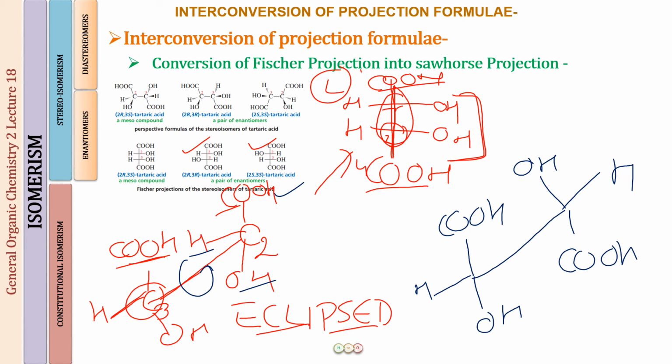Okay, so this is now what projection? Well, this is going to be the staggered projection. When we look at the molecule from the front, we will be able to see all the 6 groups attached to C2 and C3, whereas in the eclipsed one, we will not be able to see if we just properly stand in front of C3, so that we cannot see C2. You will find that the front groups you are able to see and the back ones you are not able to see. That is why we call it the eclipsed one.